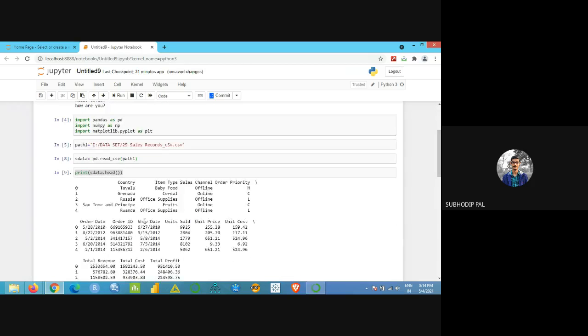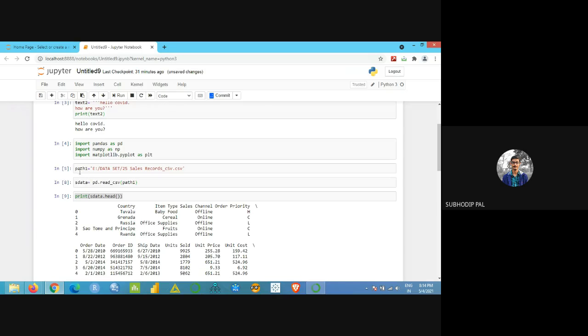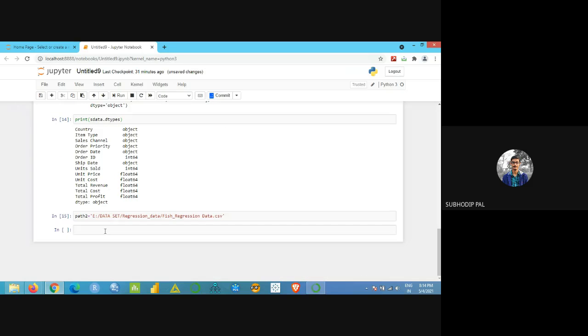Now the same thing. I will just copy it or try to write this one. I just need to change the name also. Suppose I am giving it data one, and the path will be path two. Everything will be same, no? The data file name I have to change and the path name. The path two I am using.